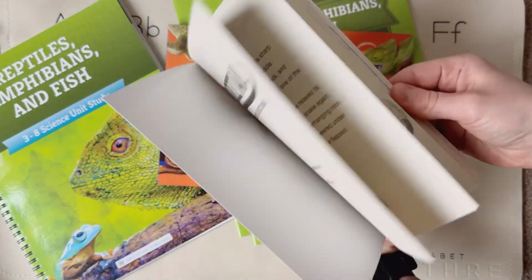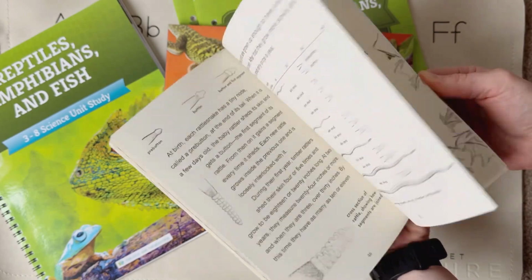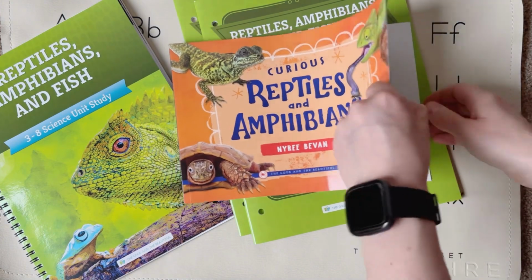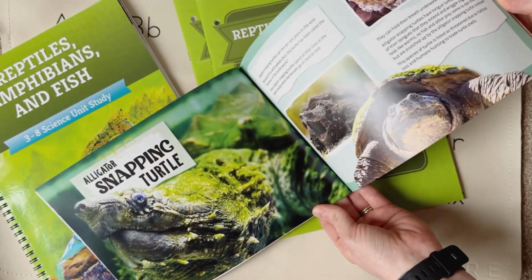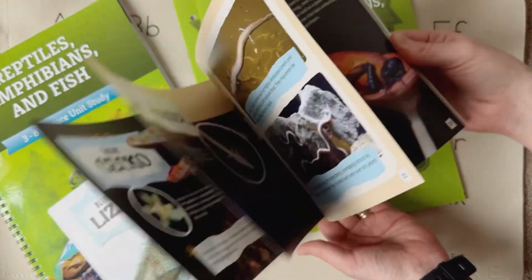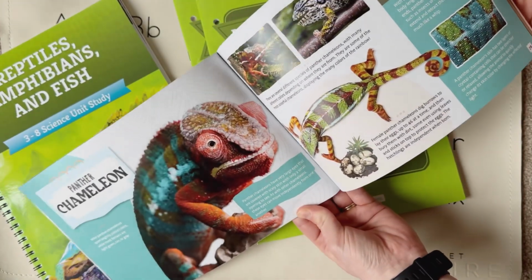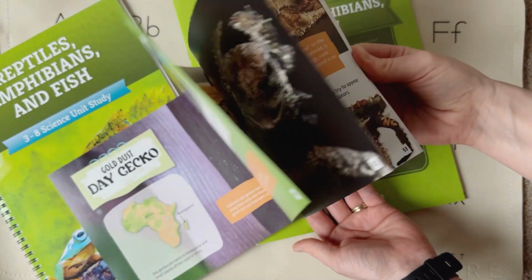And it's not too long, it's quite a short one, and it does have pictures. So I'd probably read this for morning time when we were completing this course. And then a beautiful book with pictures of reptiles and amphibians and lots of facts about them. The images in this book, the video does not do any justice. They are so incredible. I love having books with images like this to go with any topic that I'm teaching